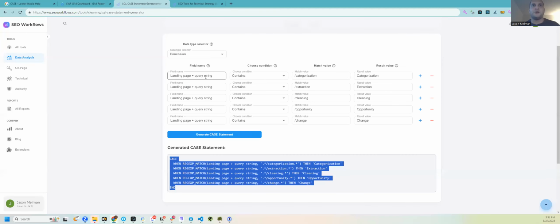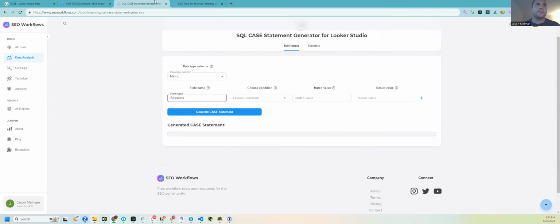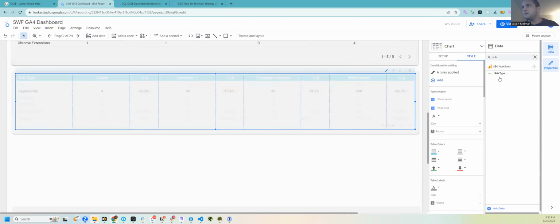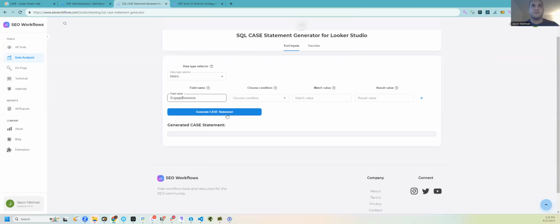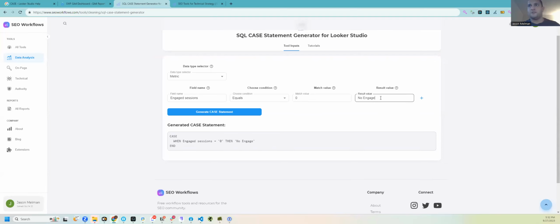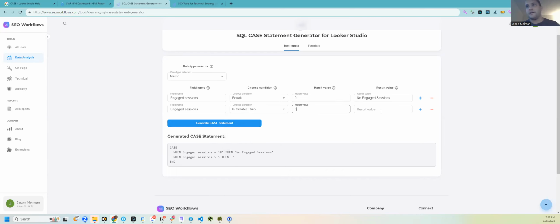But the last way I want to show, which is a way I actually like looking at data a lot, is that you could use metrics, and we could say, let's do engaged sessions. Actually, let me come in here, and I forget how it's being used. Engaged, it's capital E, lowercase s, so engaged sessions, and then we could do, let's say, is equal to 0, then no engagement, or let's just say no engaged sessions. Let's do engaged sessions is greater than 5, then